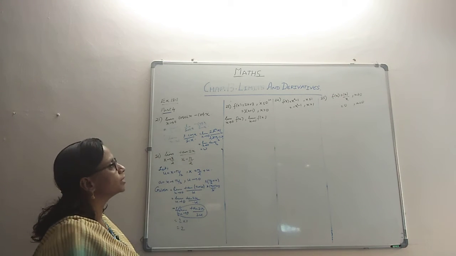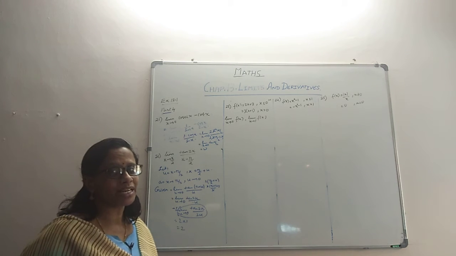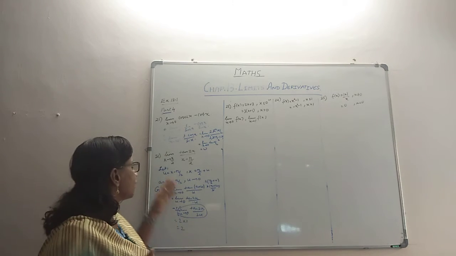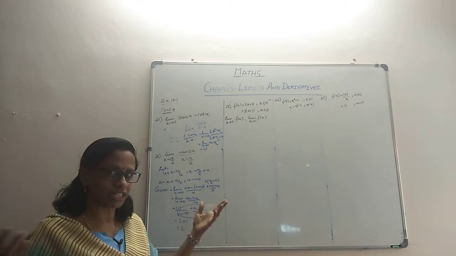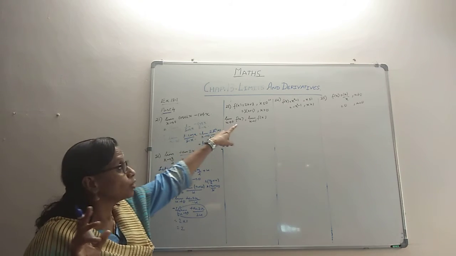Okay, so we're going to the 23rd problem, which is a break-up definition. The domain is breaking up into 2 parts, and it's getting defined in 2 ways. You don't have a uniform definition like the earlier one, where the function is defined with just one definition. Here it's not like that. There are 2 definitions.